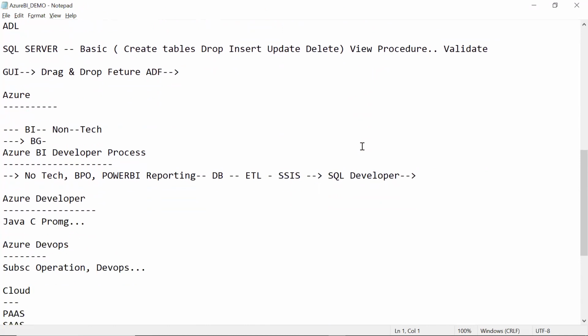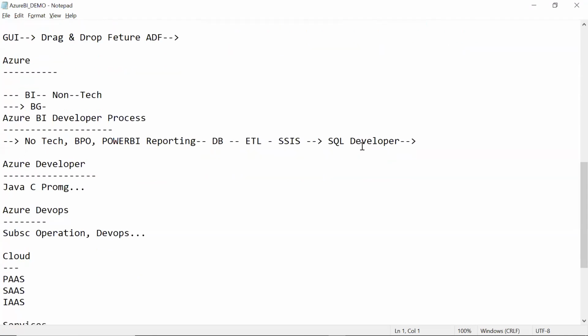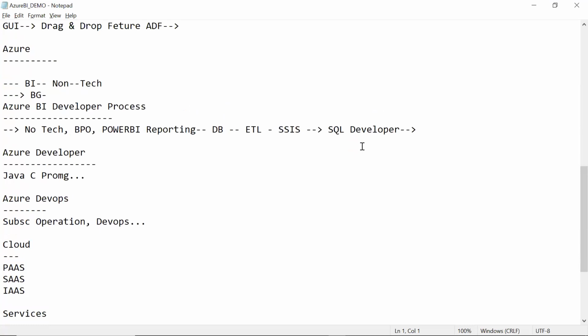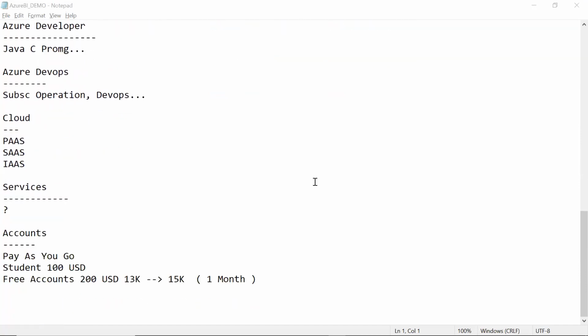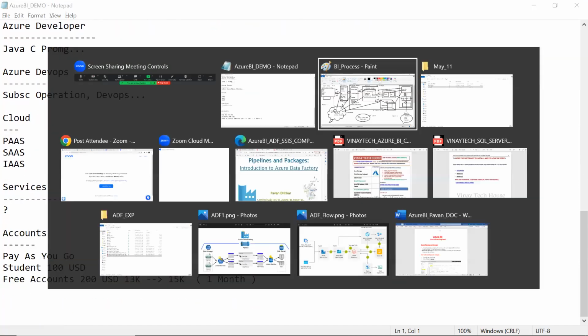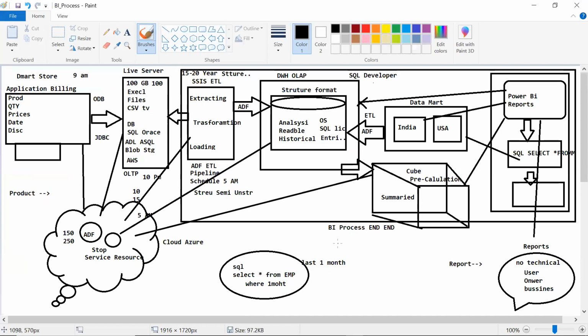What do we do in the BI process, and what are the different services that we are going to discuss. Along with that, we have also seen what exactly the BI process is, what we do in real time,